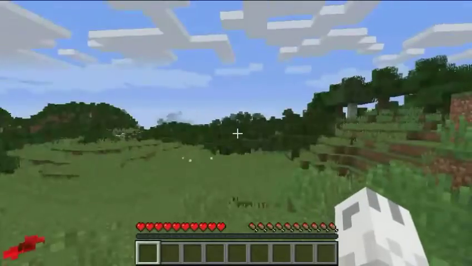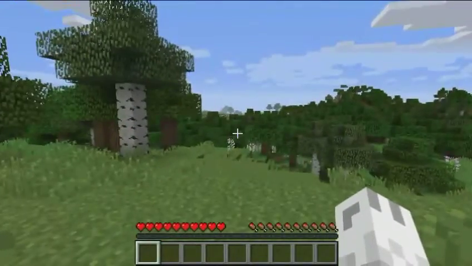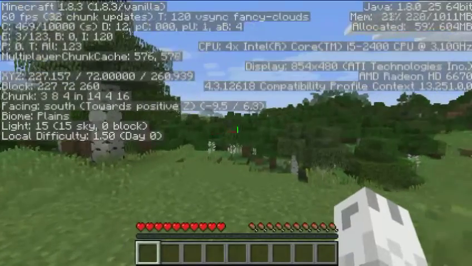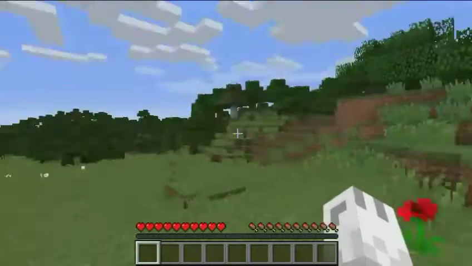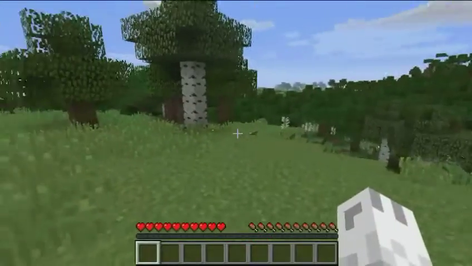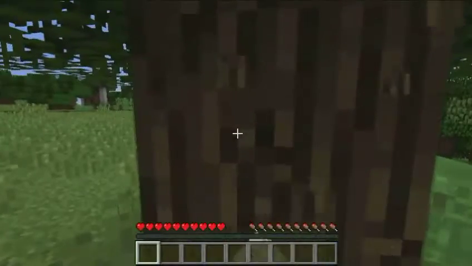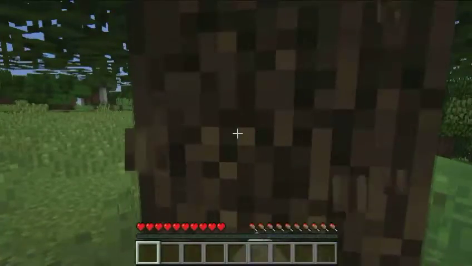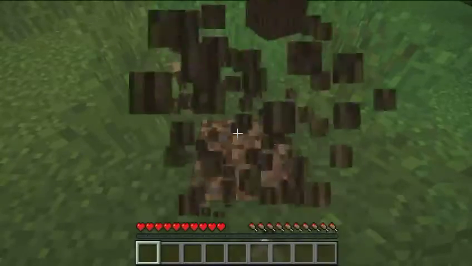Kind of in a forest, plains biome. If you click F3, it'll tell you exactly where. Plains. So we're in the plains. The good news is there's lots of trees around. One of the very first things you want to do is get yourself some wood. And what you do is just left click